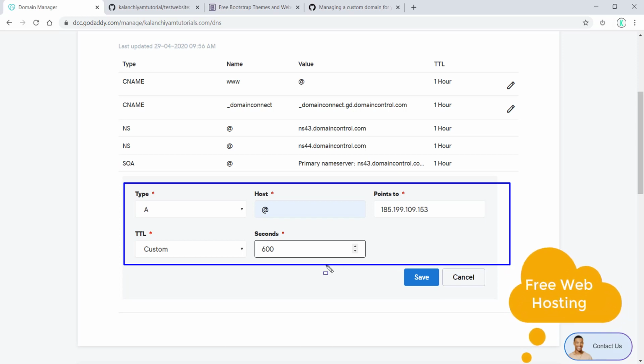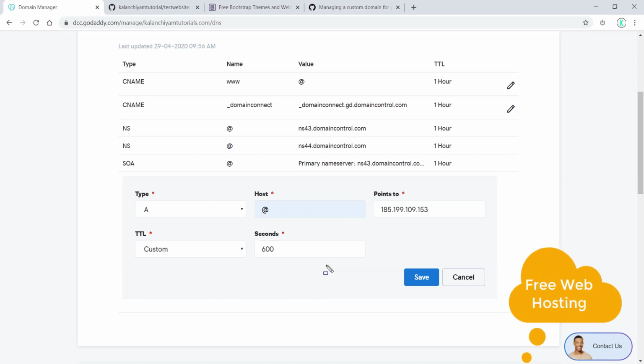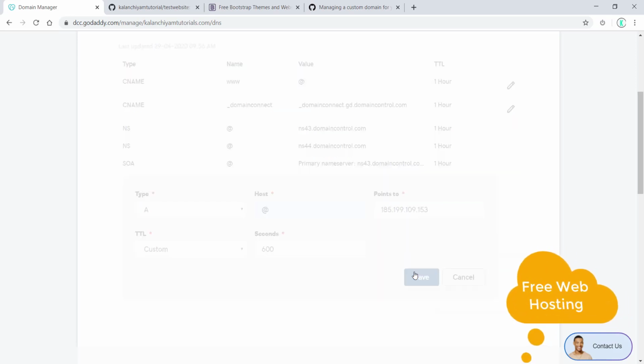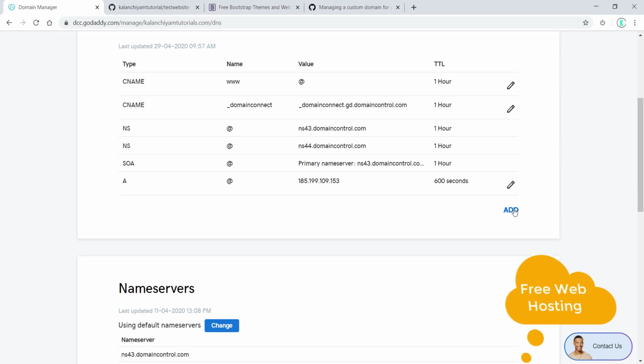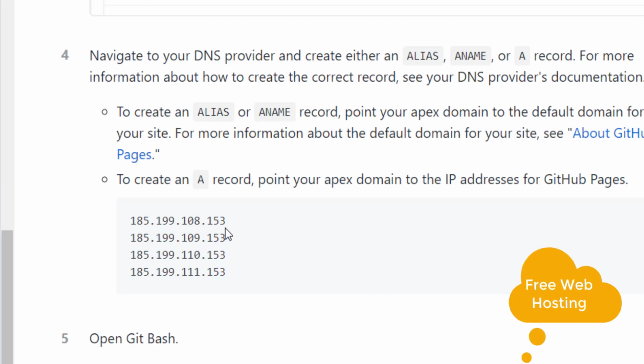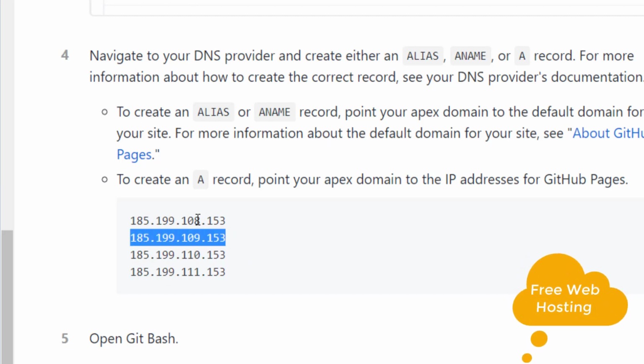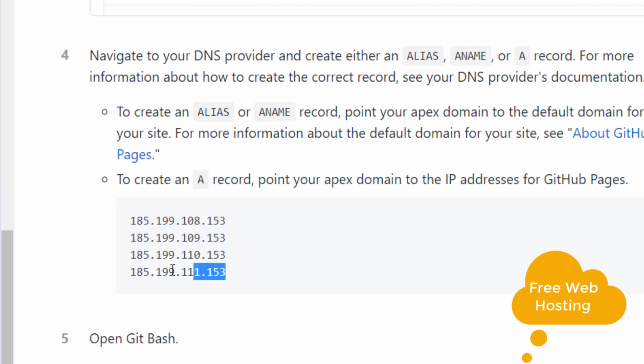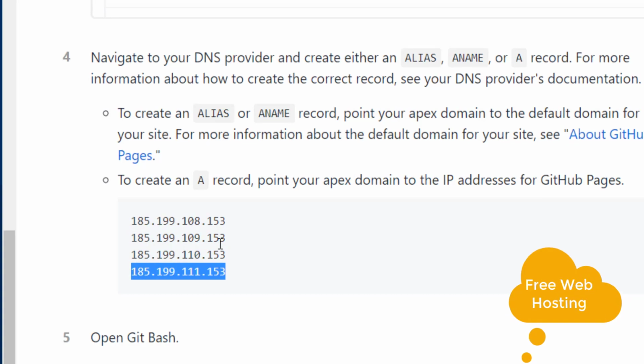You can see it here. The type should be A, host should be at, points to the IP address, TTL should be custom, and seconds should be 600. And save it. You have to add all the IP addresses which are available in github.com. The series is 108, 109, 110, 111, and you can see all the other things are the same.